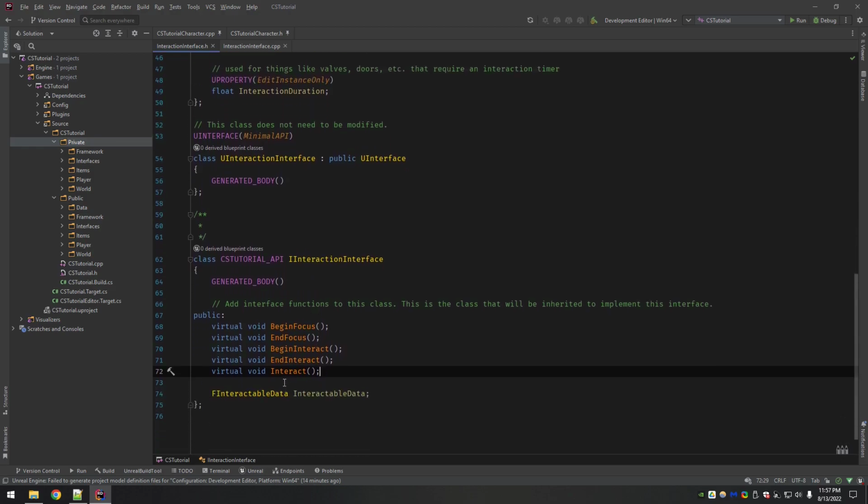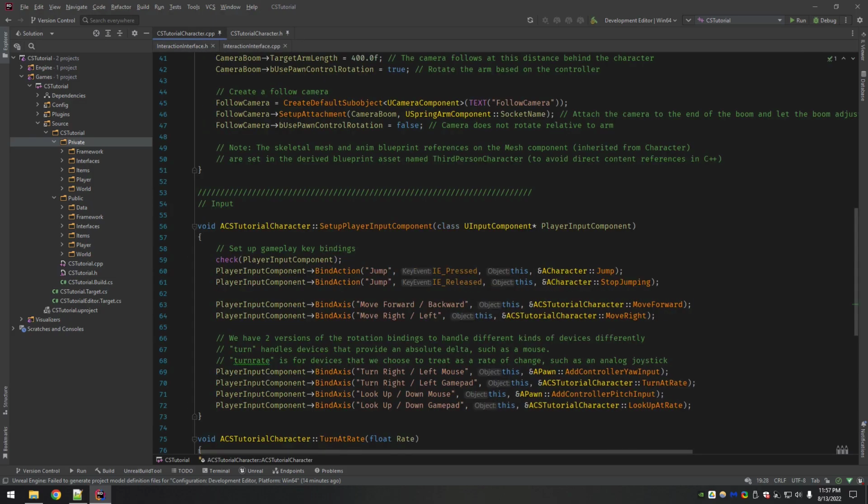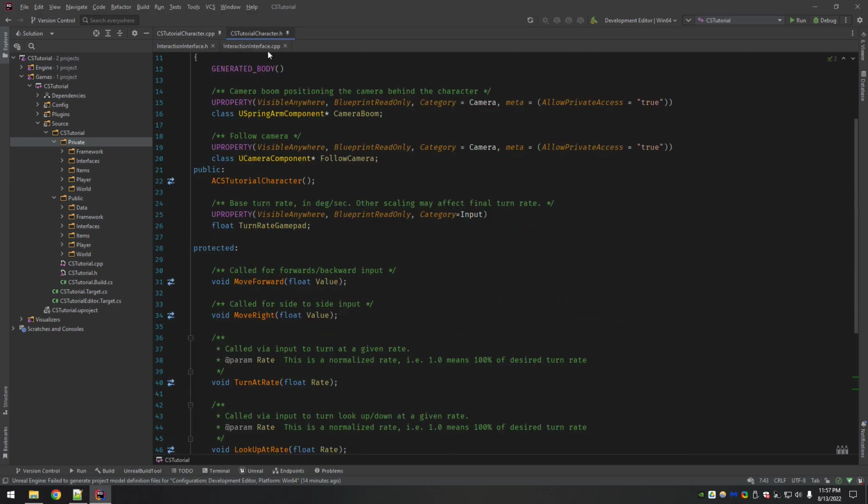So we may have to revisit that, just add empty implementations, no big deal. Okay, so now here's the next crucial part of this. What we need to do now, so I'm back in the character. In the character, we need to add the ability to shoot a line trace and check and see if we've hit something that is interactable. We can do that leveraging the interface. We can say, okay, line trace hit something, now check and see, does that thing implement the interface?